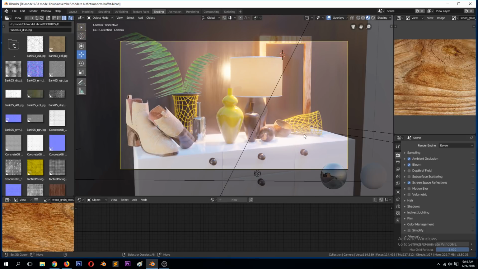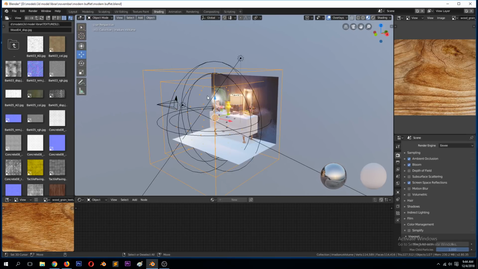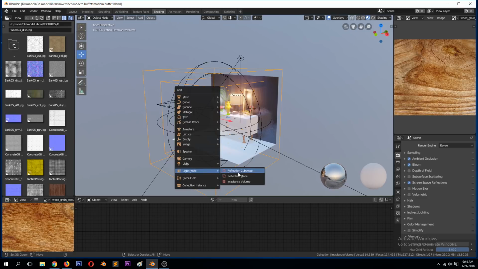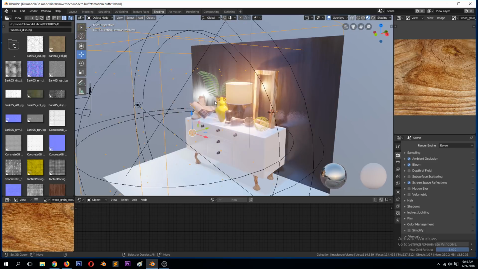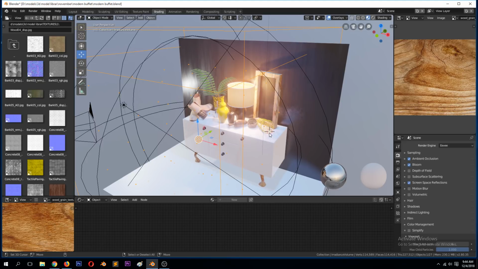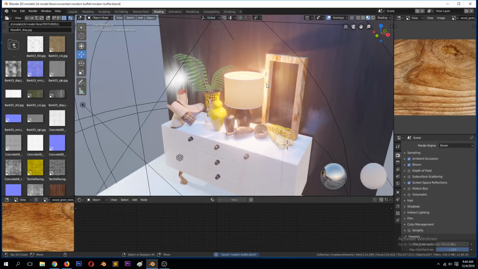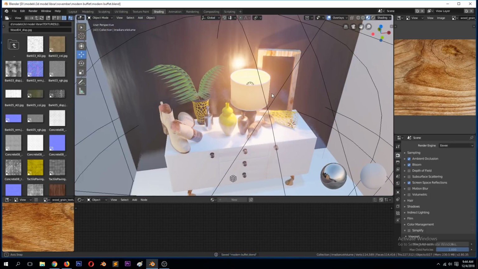But I'm going to touch on a few things here, and even the materials and the lighting, how I set that up, because I used this irradiance reflection cube and irradiance volume, to get that kind of lighting that you see there. And I also want to show you how to make this a translucent